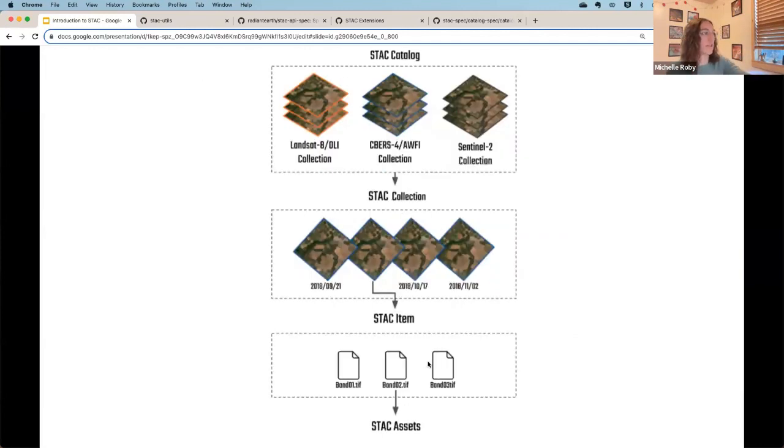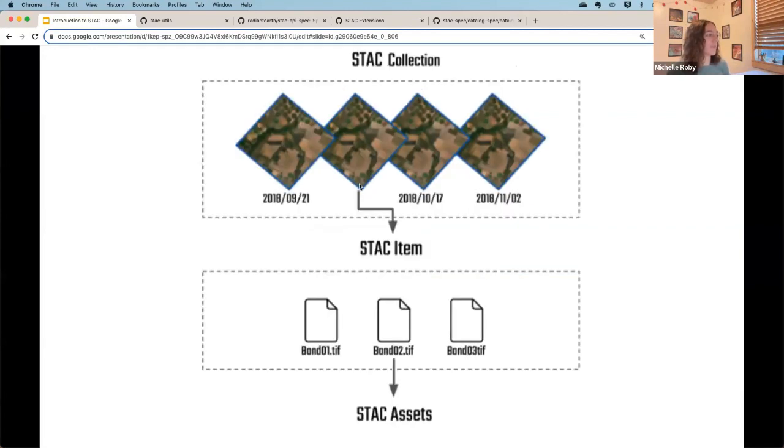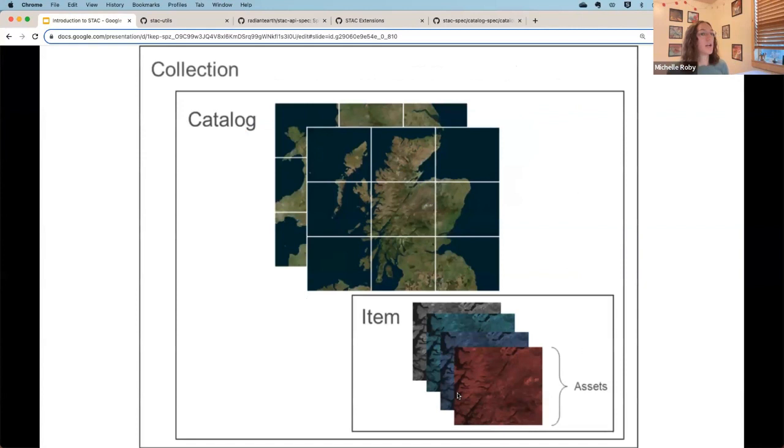And then I have a zoomed in version of that from this image. So looking at the lower half of this graphic, looking at taking that item and looking just at the assets, which is those broken up bands. I just have another visual here, since a lot of this is helpful to just visualize and see many examples.